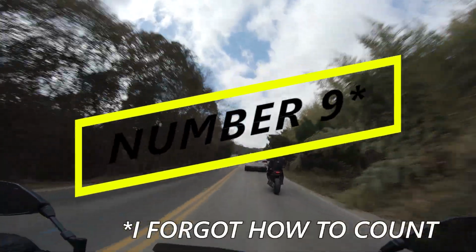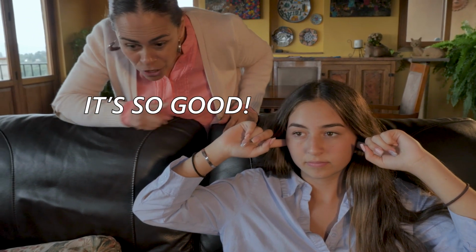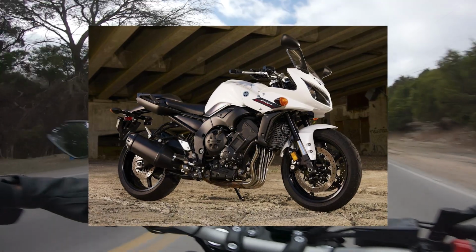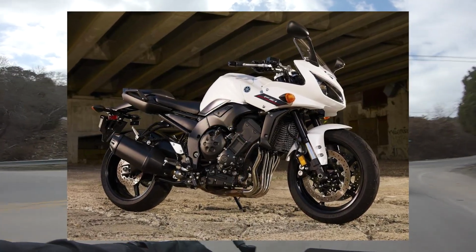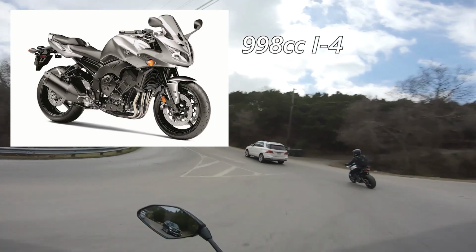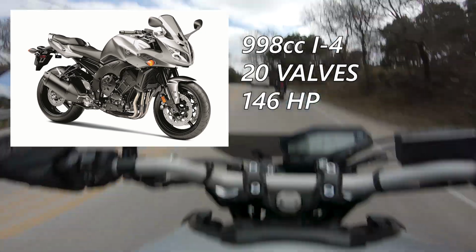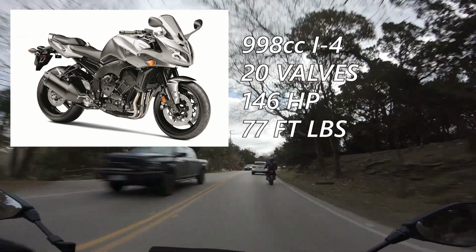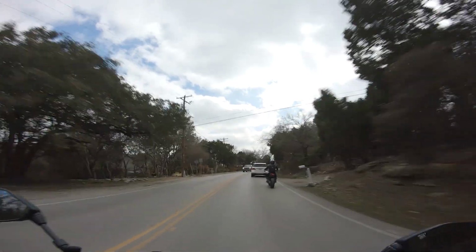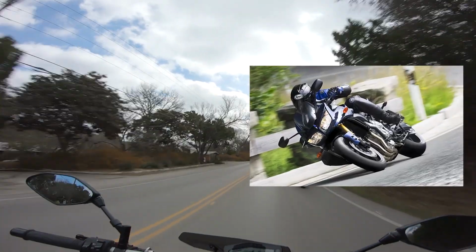10, Yamaha's FZ1. If you've ever crossed paths with an FZ1 owner, you know that that bike has some rabid fans. It's basically the grandfather to the modern MT10 based on the pre-crossplane R1 engine and frame. It's got a 998cc inline 4 with 5 valves per cylinder, putting down 146 horsepower and 77 foot-pounds of torque. Starting off strong today. Between the R1 frame and suspension, the FZ1 could hold a line like there's no tomorrow,